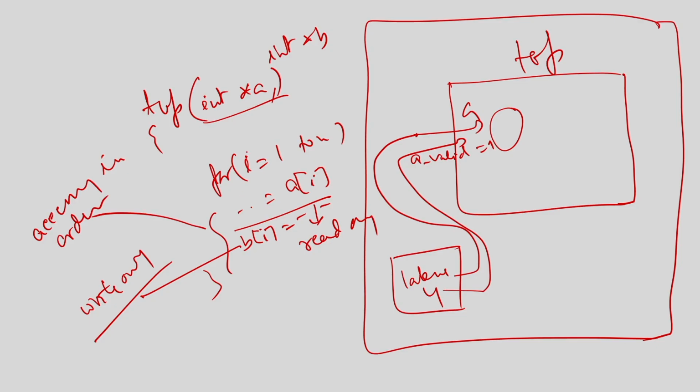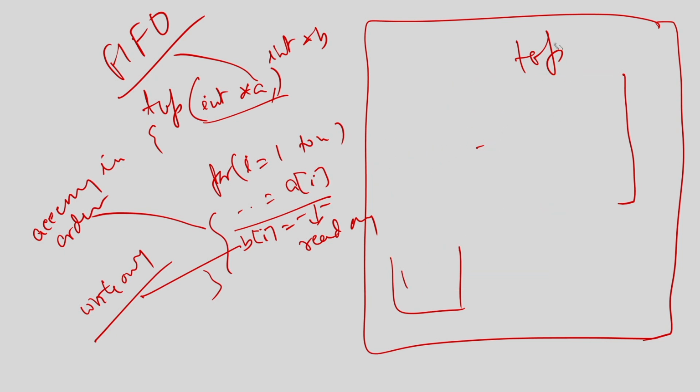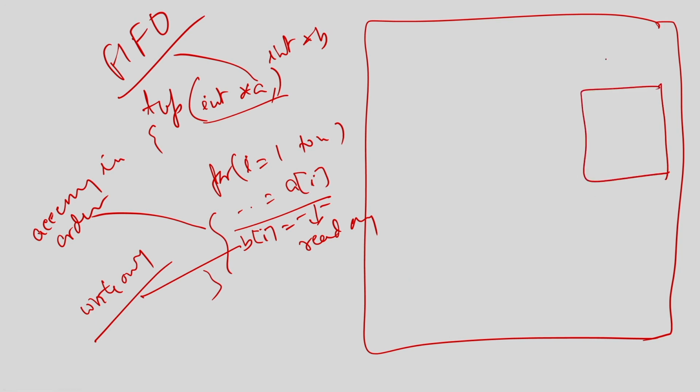In that case, if it is only read only or write only, I can realize this kind of connection as a FIFO, right, a first in first out kind of connection. So, instead of this handshake, what I am going to do now is this, right. Instead of doing this handshaking, that valid and all between these two modules, I am going to have a module here which is my top, and say it is getting this A from here, right. So, instead of making this connection direct, I am going to put a FIFO here.